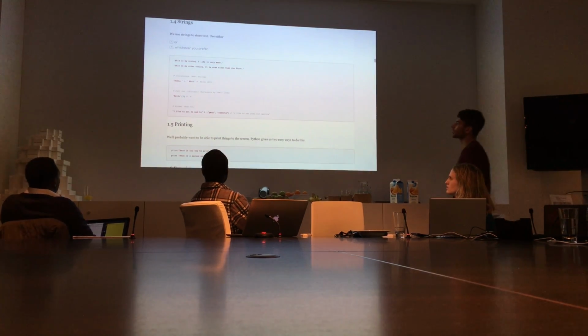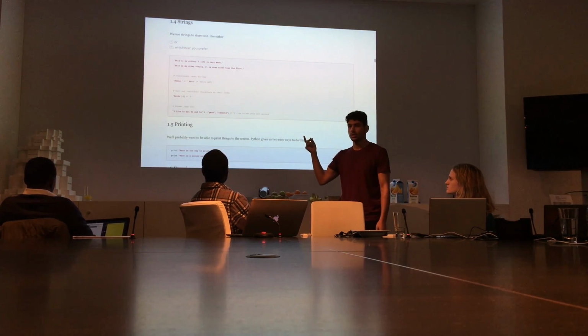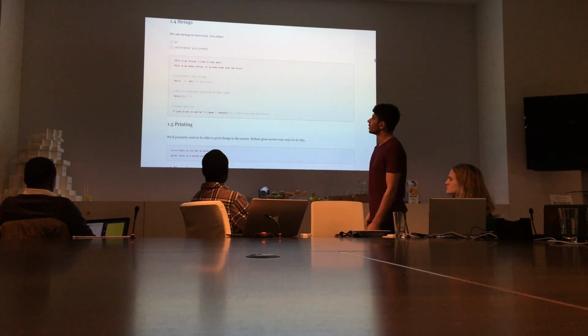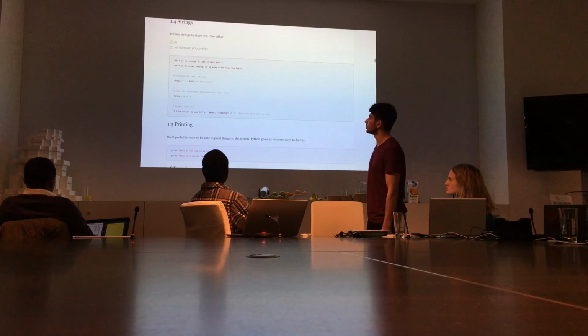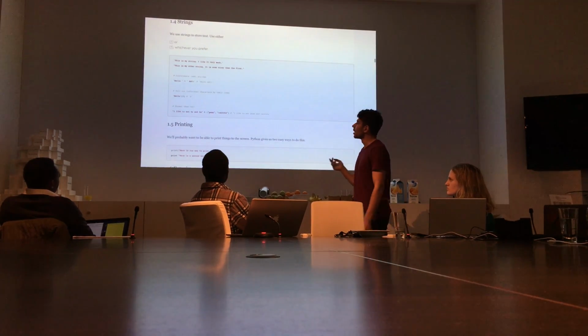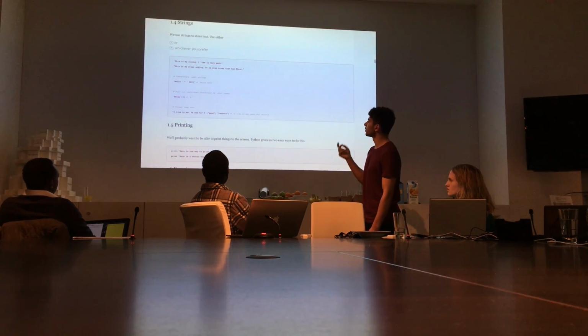Right, so strings. We can use a single quote or double quote for strings. As you can see, we have two strings, one in single and one in double, so it doesn't really matter. However, it's actually very useful.